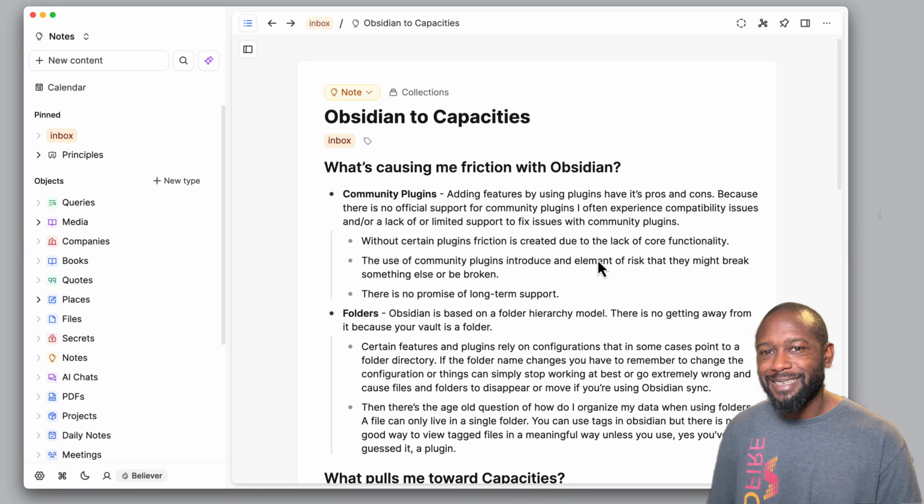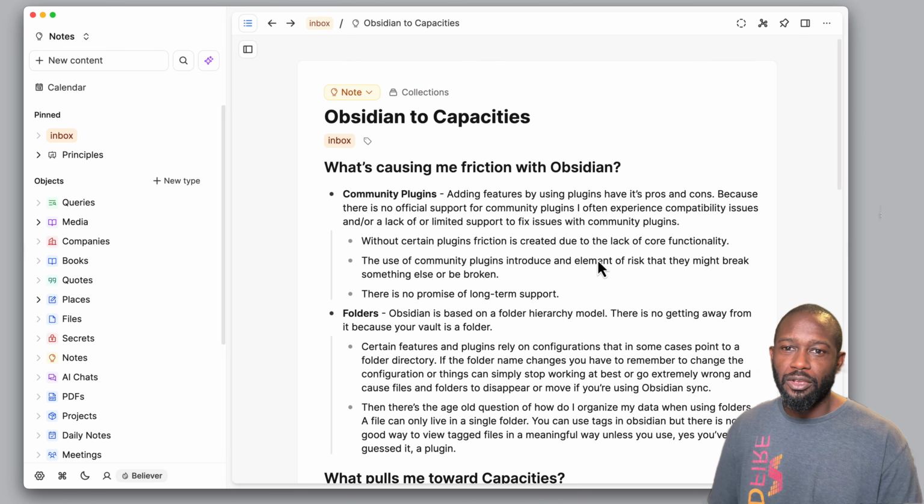Is Capacities the Obsidian replacement that you've been looking for? Well, I've been using Capacities for roughly a month now, and I have some feedback on it, and I want to give some perspective on the differences between Capacities and Obsidian,